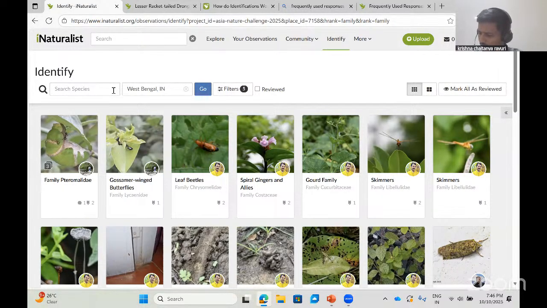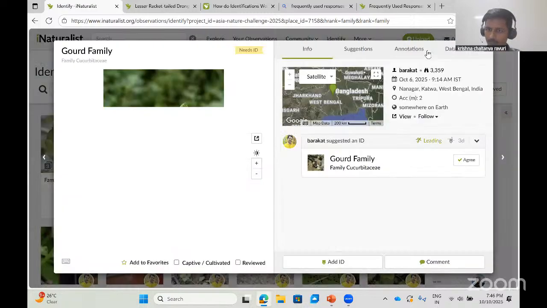If it was of a previous date, it is fine. I mean, if it was uploaded correctly, say you clicked that picture in January, and it is uploaded as a picture of January, it's fine. It won't be counted towards ANC, but it will be on iNaturalist, which is great. Whenever you go to any observation, you'll be able to see the date and time and the location. Just make sure that those things are correct.